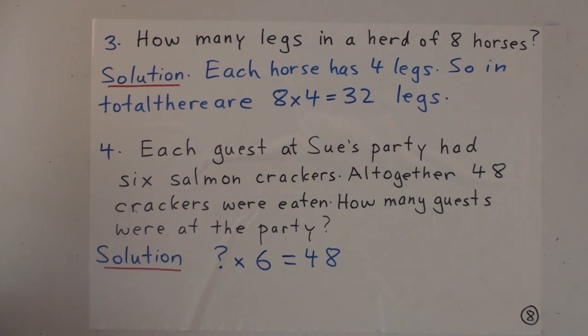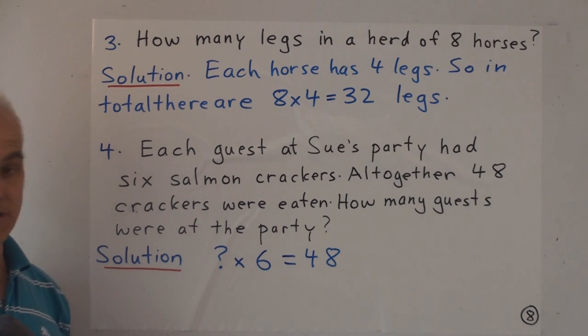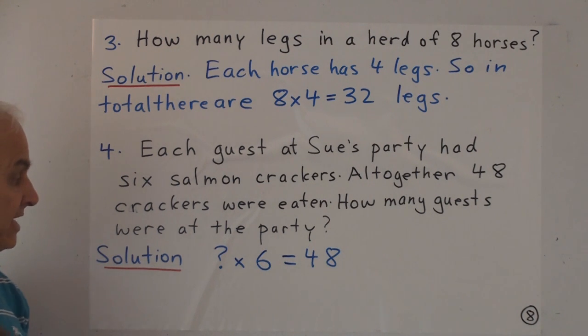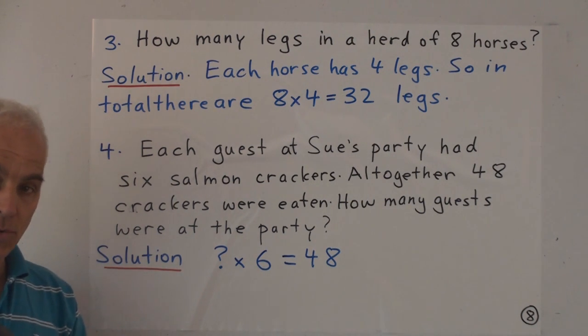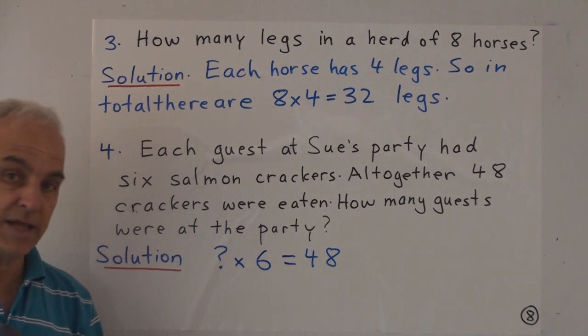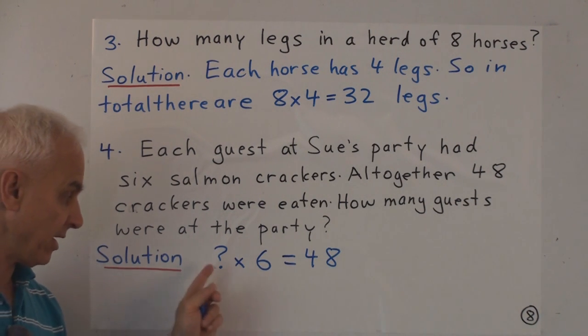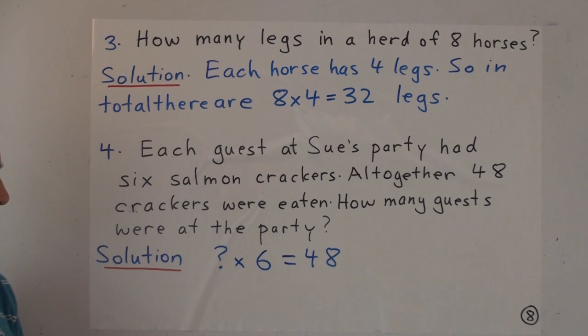So you have to look down the multiplication table, essentially down the column that has a 6 on it, and see where in that column you're going to get a 48, and then look across to what row you're in. So another way of doing it is to think of multiples of 6. 5 times 6 is 30. 6 times 6 is 36. That's a square. 7 times 6 will be 42. 8 times 6 is 48. Ah, that's exactly what we want. 8 times 6 is 48.